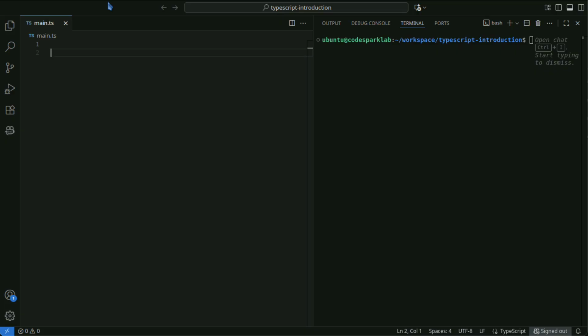Below is the minimal example to write a cookie in the browser. Create a cookie by appending a string to document.cookie.